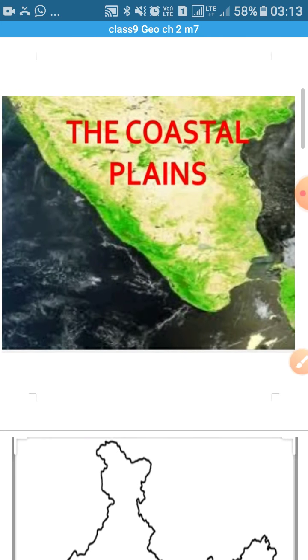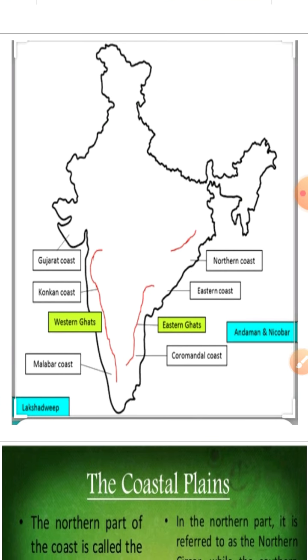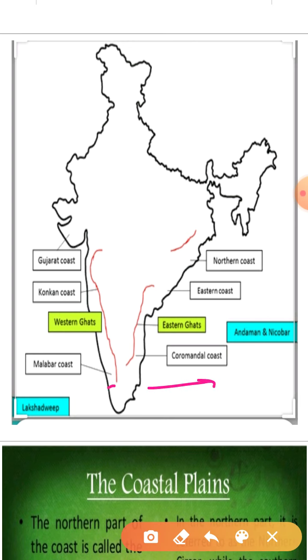Coastal Plain. The 5th relief feature, these are the coastal plains of India. As you can see in the given picture, we have two areas where coastal areas exist: first at the Eastern Ghat and second at the Western Ghat. As we have already discussed, the area of the Eastern Ghat is dissected, meaning irregular,